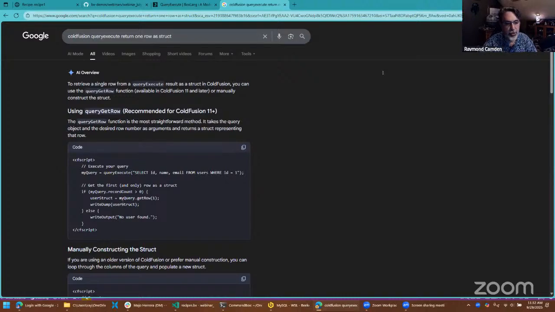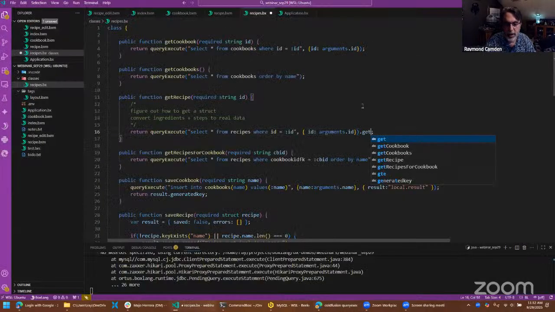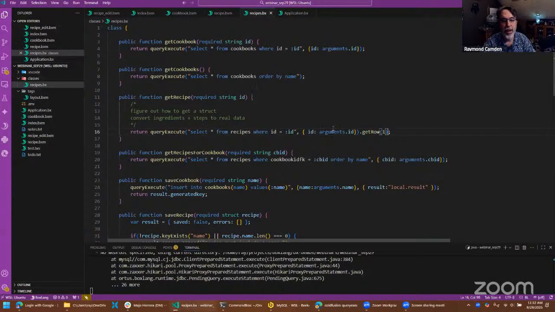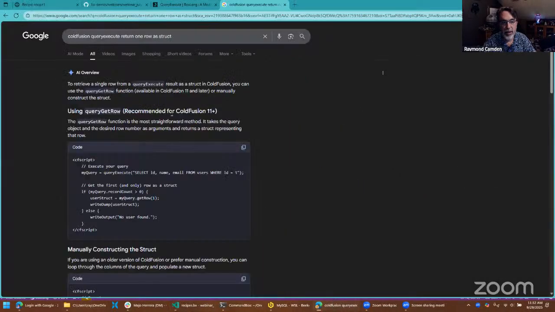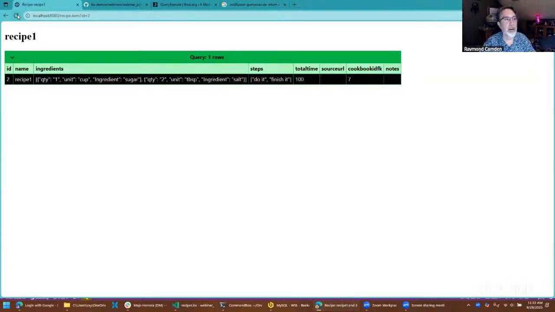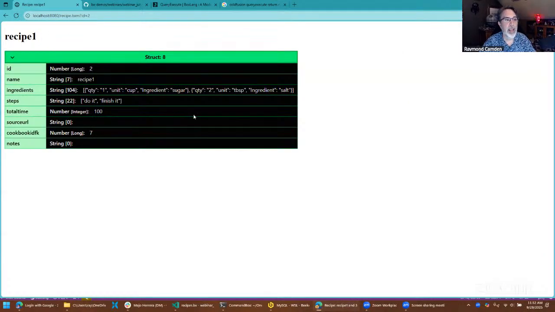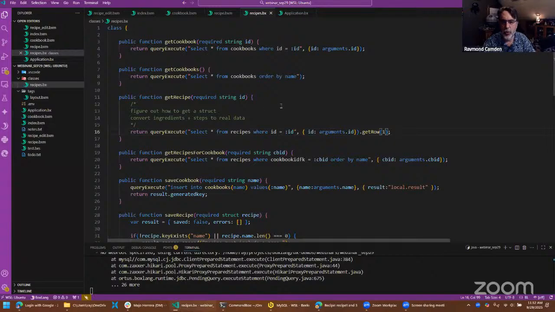Yeah, it's absolutely that I was forgetting that I had to do a get row on it, which would be fine. So for the heck of it, let's say get row one. Let's see what happens. Come back here. Look at that. Oh, that went a lot faster. So we need to fix get cookbook as well, but